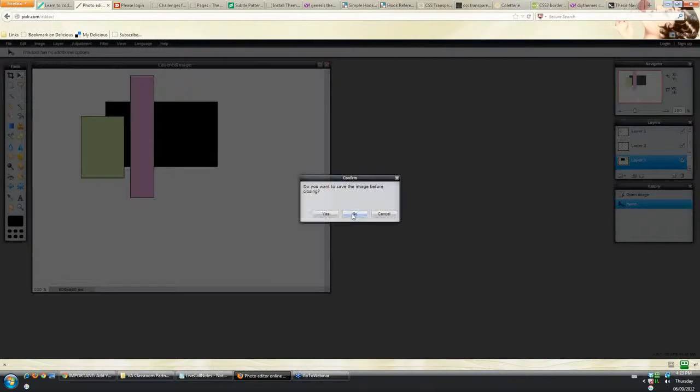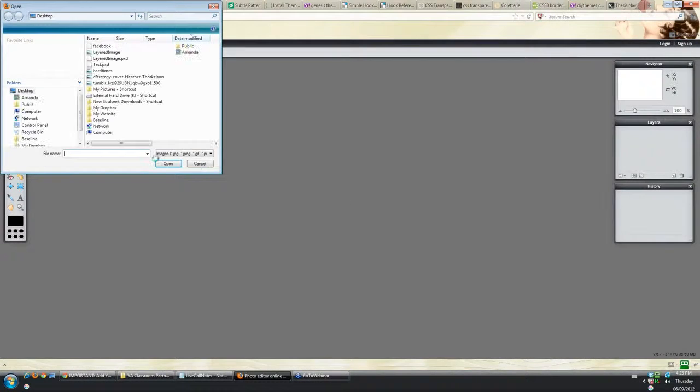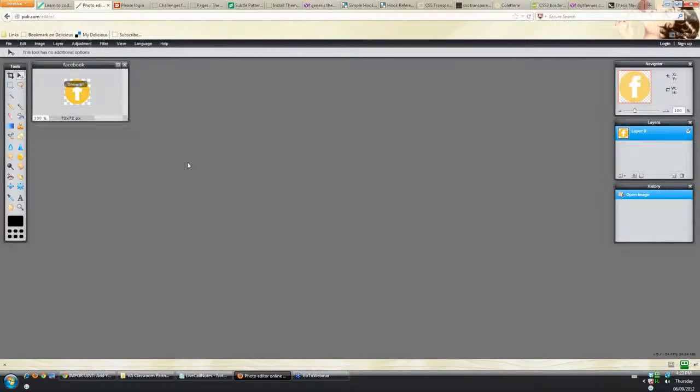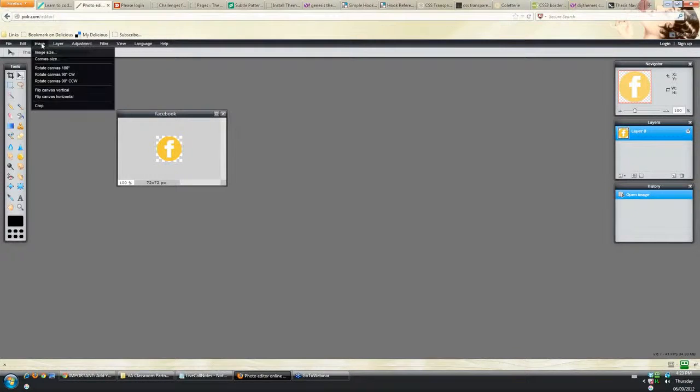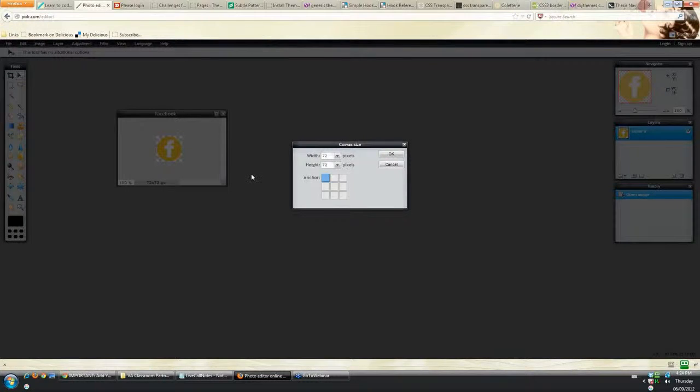So if we go into Pixlr, and I'll just close this, and I'm going to open that Facebook image that I just saved to my desktop. So here's the Facebook image, and what you might find is that your image, I'm going to show you what it looks like if I increase the canvas size of this, and that's going to increase the amount of space around the yellow circle. So right now the canvas is 72 pixels wide and 72 pixels high, but maybe I want to make it,